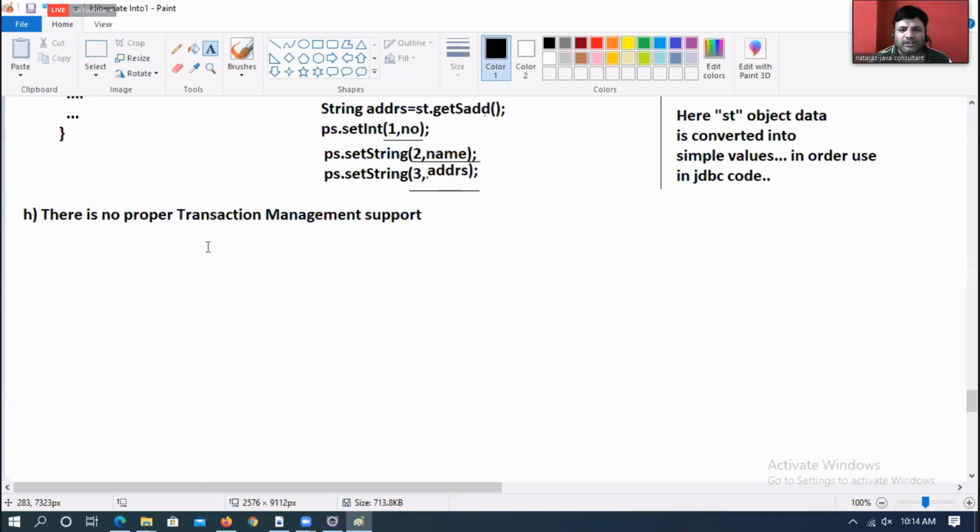Okay, boss. Student registration. Whenever a student joins, his details should be inserted in the student table and also in the course table. If insertion fails in the course table, insertion in the student table should fail too. If already done, it should be rolled back. If insertion fails in the student table, insertion should fail in the course table, and what is already done should be rolled back.